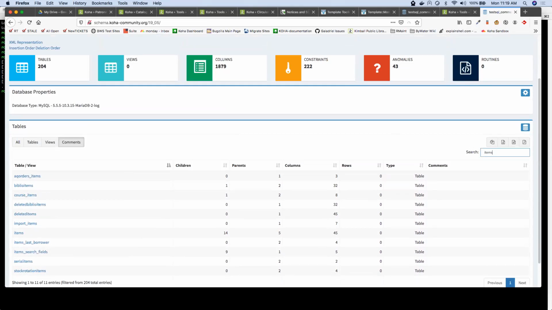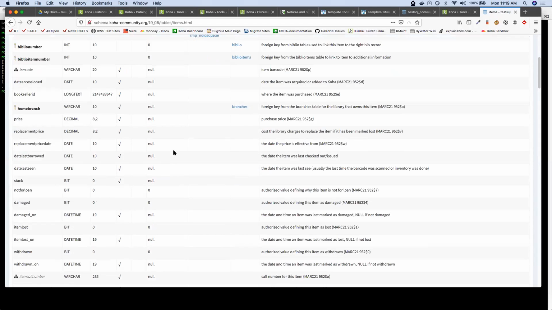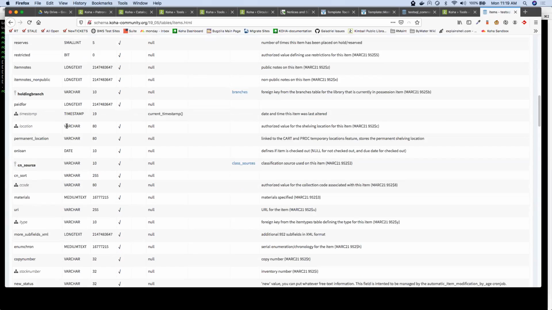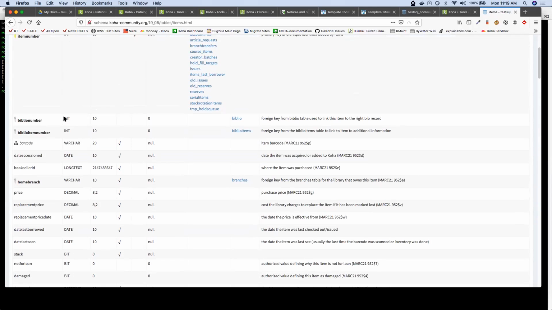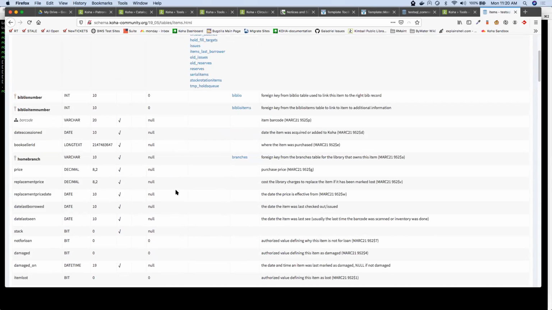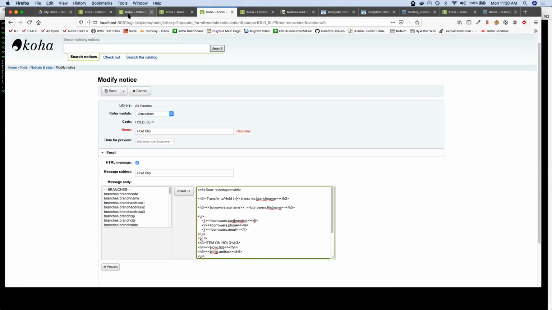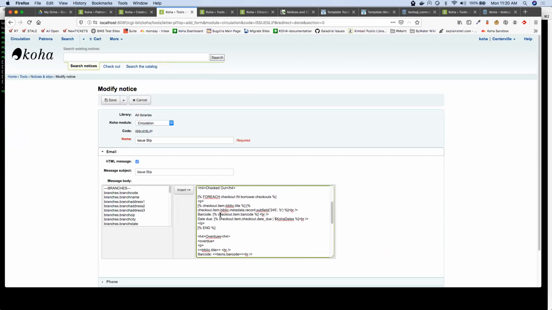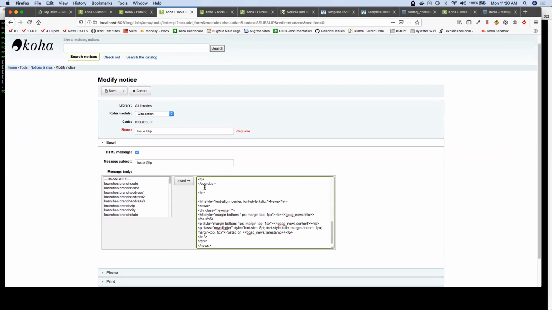Let's go look at the items table. Here, almost all of these pieces of information should be available to us in Template Toolkit. So I'm going to try to do something maybe a little different in my issue slip. Let's go down to the bottom. We'll say right here,